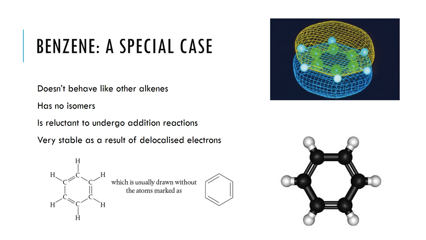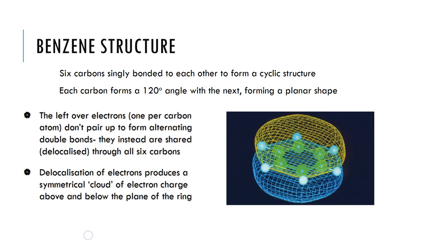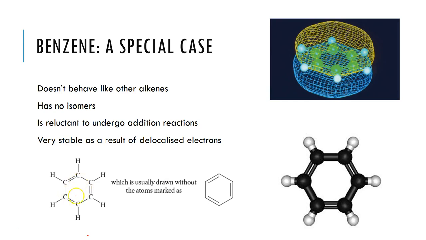So benzene has a particular stability in that it doesn't react very much and has its own particular set of chemical properties. This is because it doesn't behave like other alkenes. There's no isomers of benzene, and it's very stable because of these delocalized electron clouds that we get above and below the ring. So essentially, we should be hopefully familiar with the idea of benzene being this six-membered ring structure